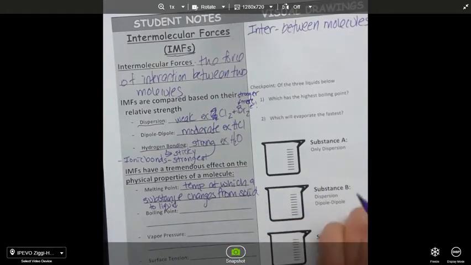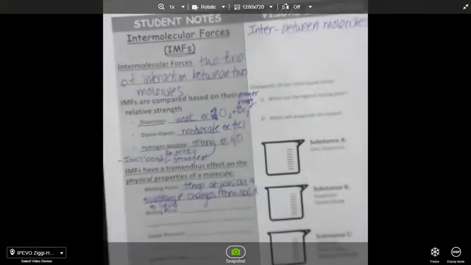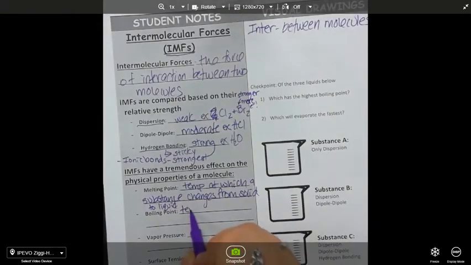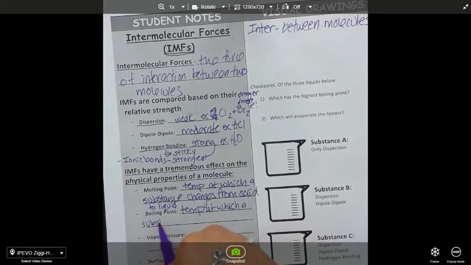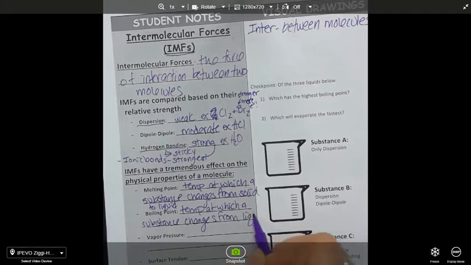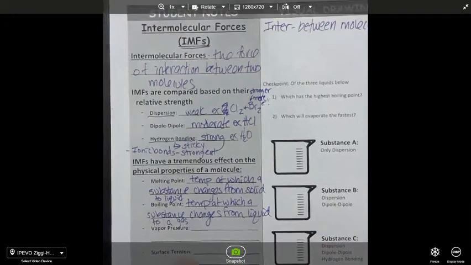Boiling point, what do you think boiling point is? Yeah, boiling point is the temperature at which a substance changes from a liquid to a gas. Very easy. All right,